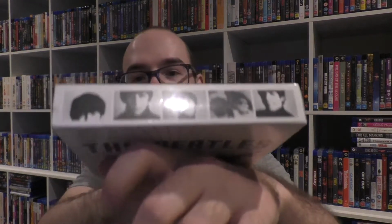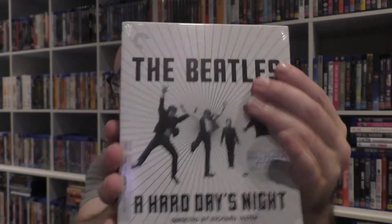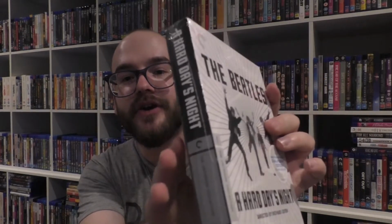So, yeah, it's quite a thick case, and I like the artwork on it as well. No one really shows off the artwork, but oh my god, there's artwork everywhere. It's fucking nice. So I'm gonna be really happy to give him this despite him having the DVD. But this is a 4K restoration, all that jazz. Next up is,